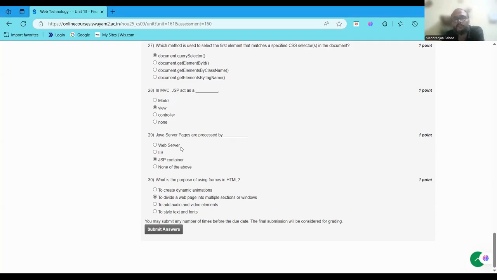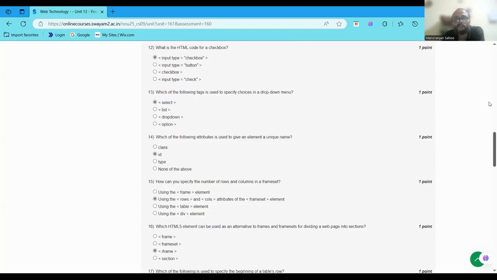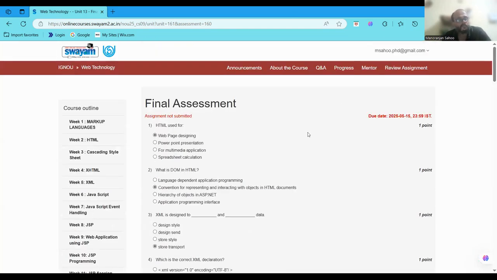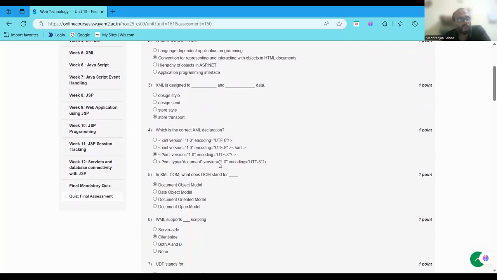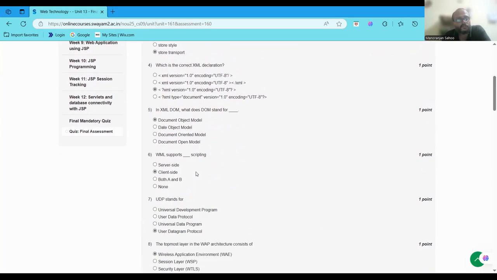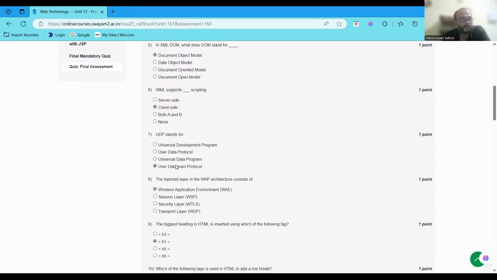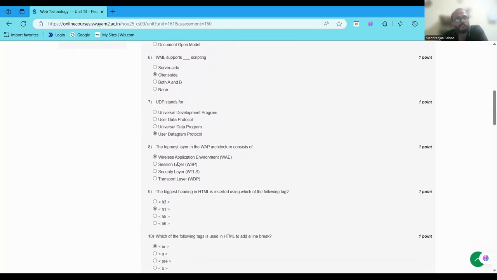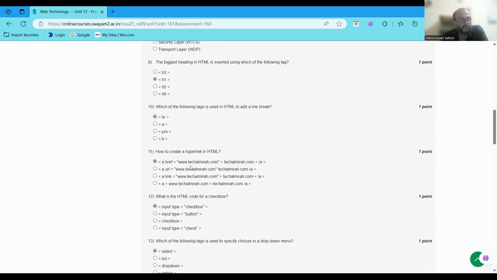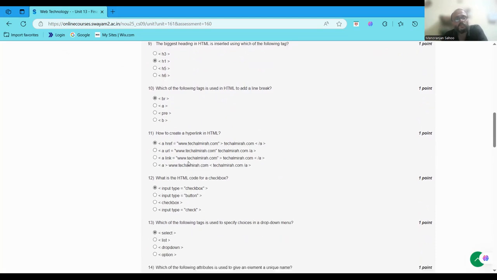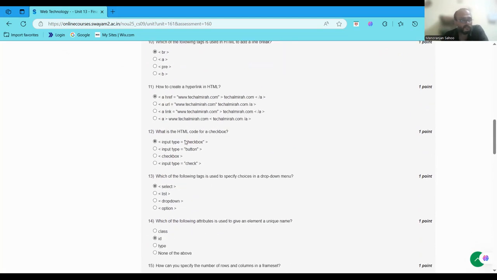Now once again we will check the answers. Question number 1 we choose option A, question number 2 option B, question number 3 option D, question number 4 option C, question number 5 option A, question number 6 option B, question number 7 option D, question number 8 option A, question number 9 option B, question number 10 option A, question number 11 option A, question number 12 is also option A,